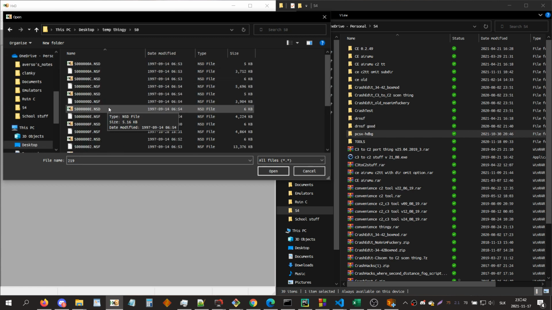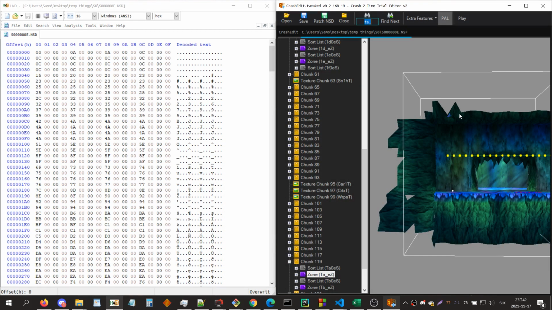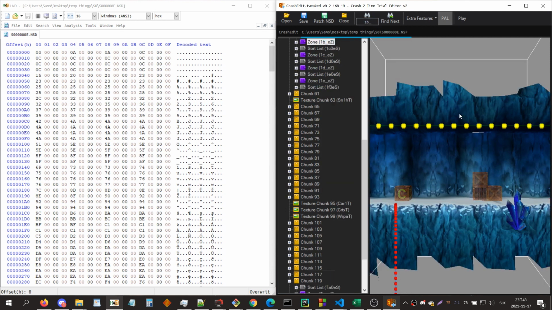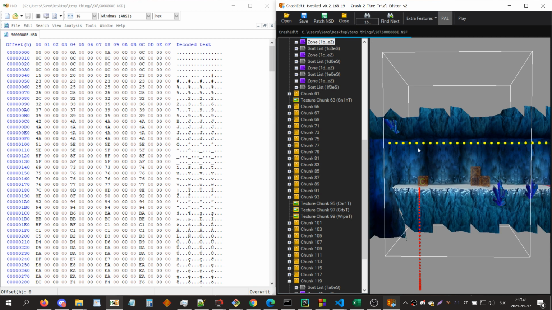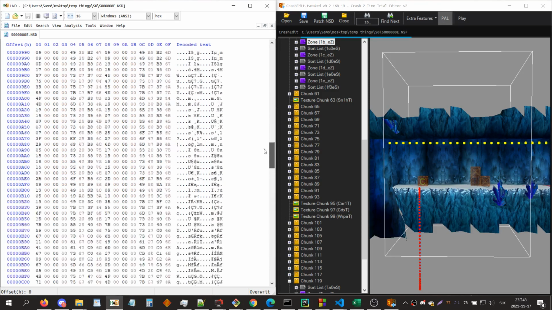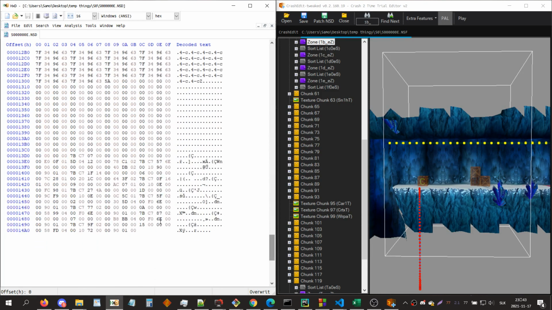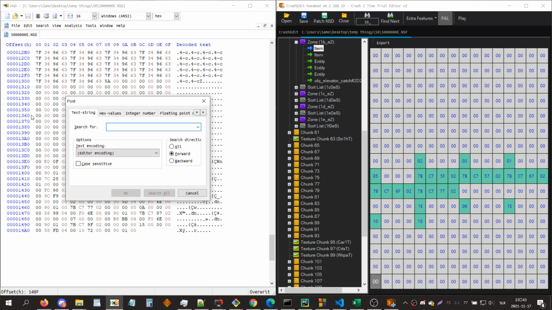And the way you do that is you open the NSD, which has most of the metadata. An interesting quirk of Crash 2 is that the checkpoints also are in the spawn list, which is at the end of the NSD. I'm not going to be explaining all this before. I think I explained it elsewhere. It's not very important. So we see that 1B is 7B, switch 7B, C7, 5F, O2,